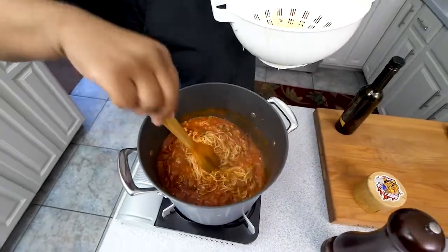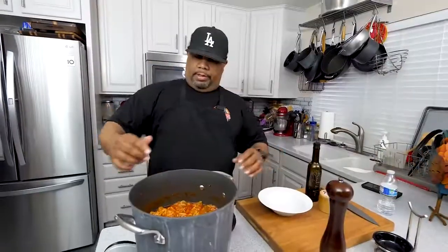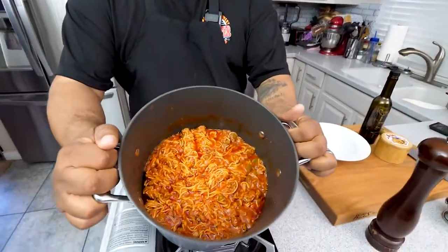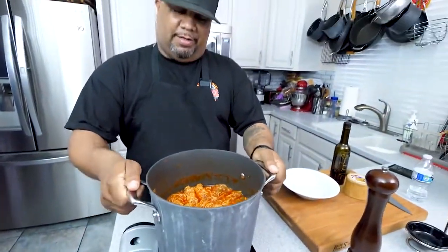But we're gonna go ahead and put some of that flavor in the actual pasta noodle, right? Okay, look, let me go ahead. I'm gonna tilt this so you guys can see. Look how thick it is. This is what you get when you just let it continue to cook. Now this right here, I can